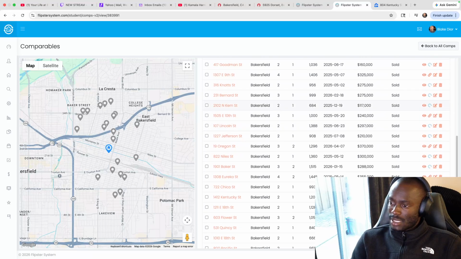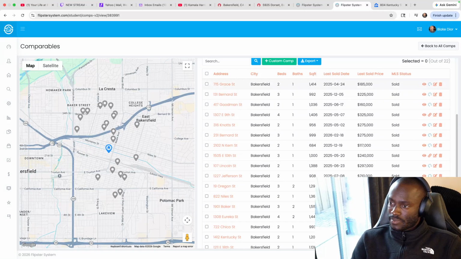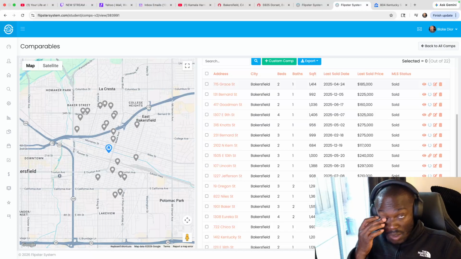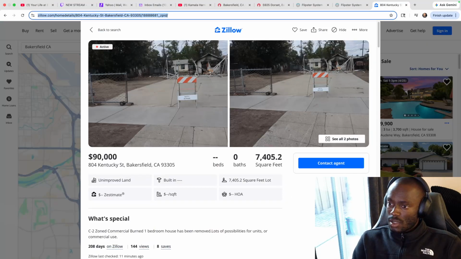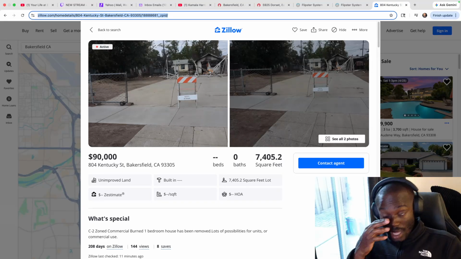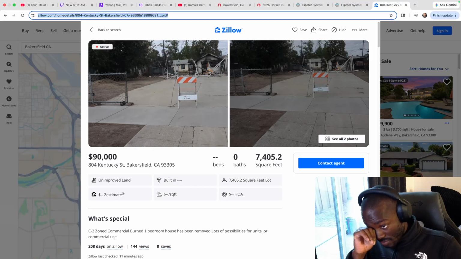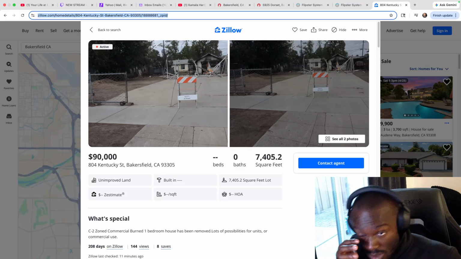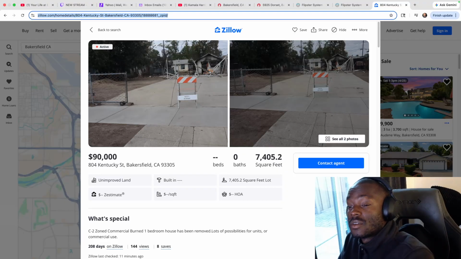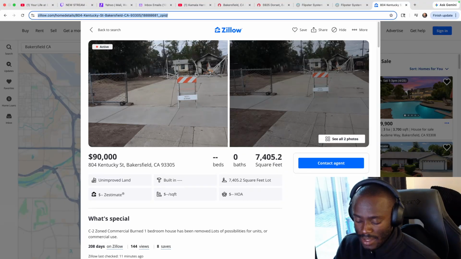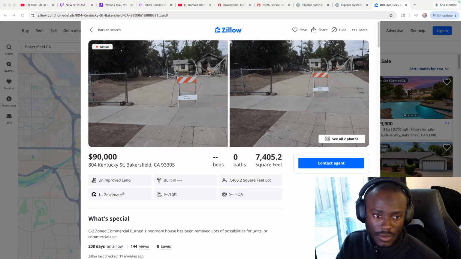So we would essentially be buying the land, but we want to see what something fixed up is selling for in this neighborhood. The lot size is probably 7,405 square feet. We don't know. Perhaps we should call. Let's do a call.